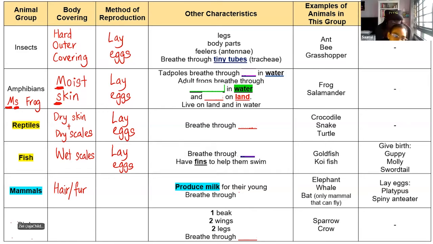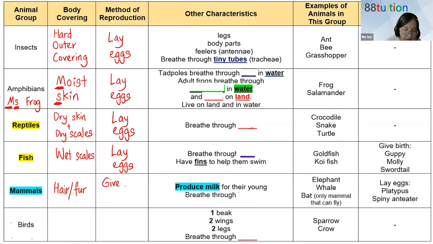By giving birth to young alive. Good. All right, so give birth. They don't lay eggs. They give birth to the young, and the young, of course, is alive. Straight away, when the young comes out, it's alive. Okay, thank you,